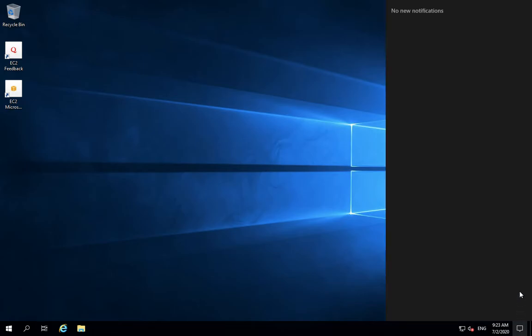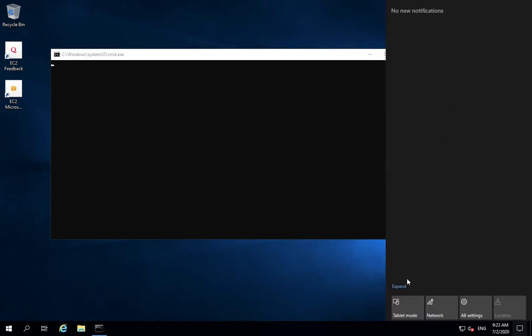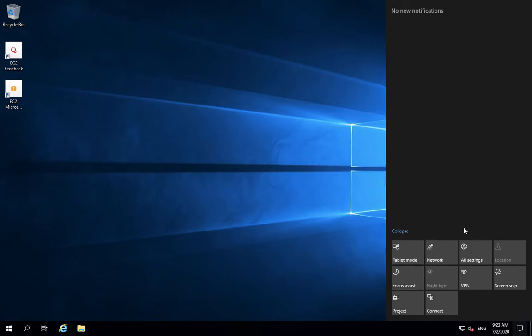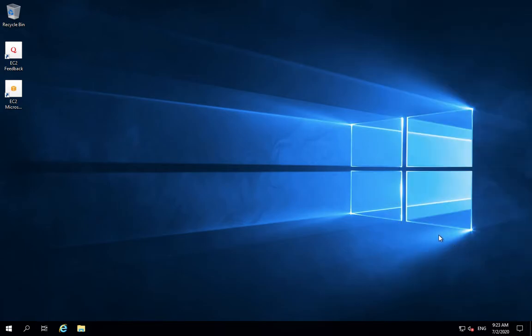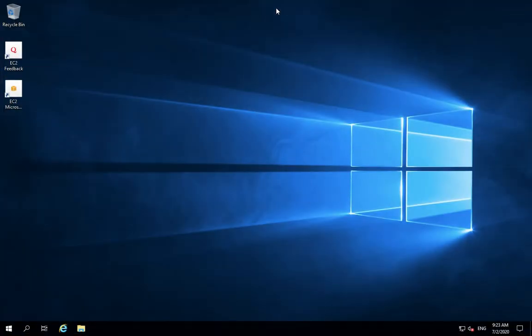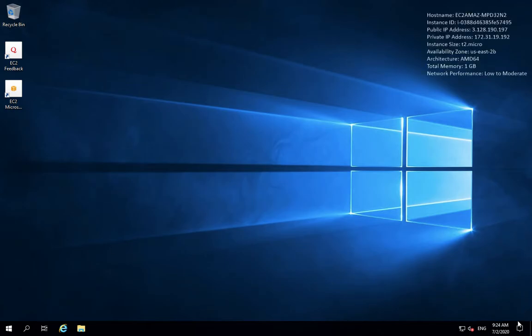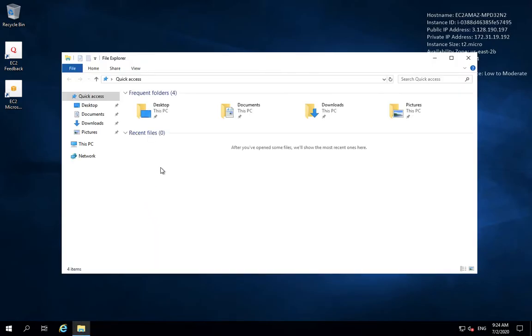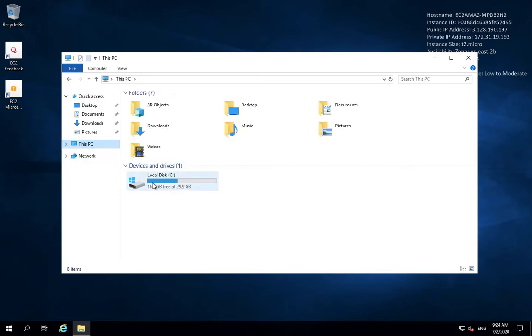You have a panel there that you have to expand, and you will see something. Screen snapshot, you can take a screen snapshot there. Fine, guys. Go and take a screen snapshot. Take this and copy everything. So I have taken a snapshot. It will notify me there. There is a host name. Now let's go to the file manager, and we will see that we have 30 GB of space, whatever we opted for.